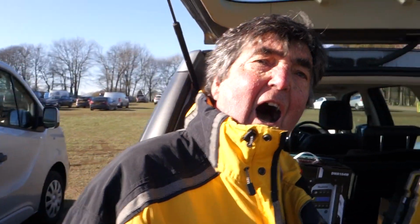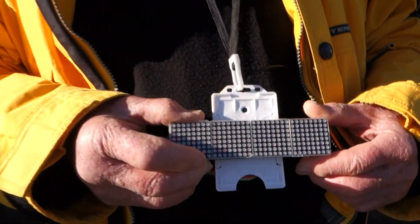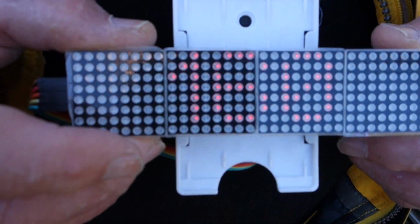Now, I promised you that we'd be showing you the bodgeometer on every video, but since we're out in the field, we've had to be a bit more inventive. So let me show you the portable bodgeometer. And as you can see, if we stand out of the sun,